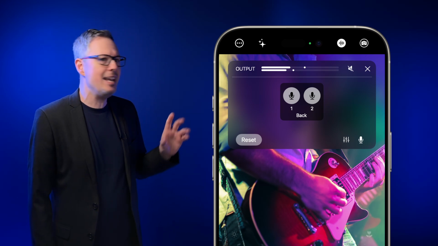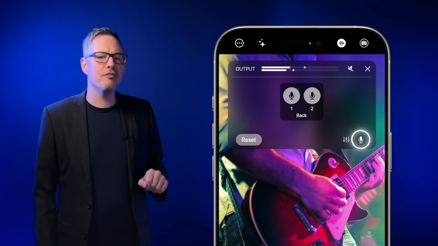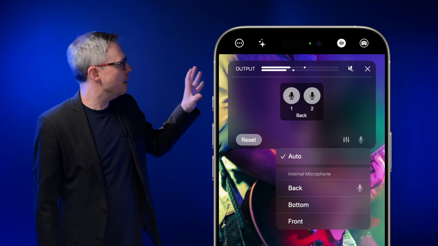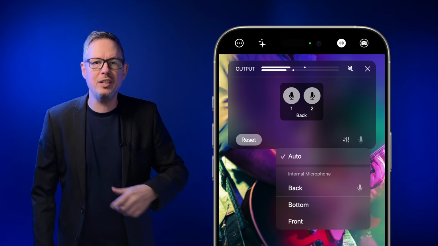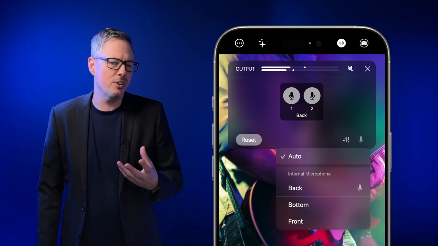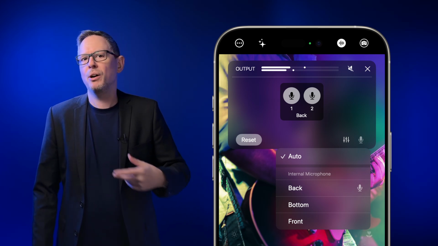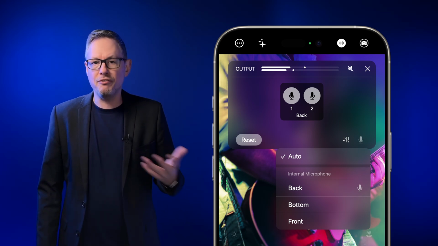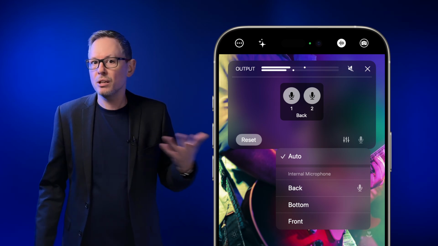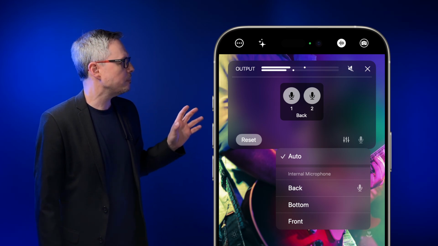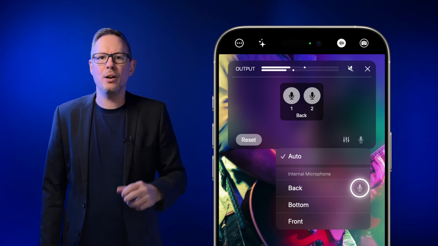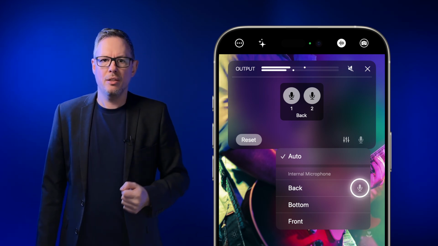Now, the first thing we want to look at is inputs, and we can use this little microphone button here. If we tap that, we can see what input is being selected, and currently we are in auto mode. Now, this means that Mavis Camera is going to do its best job to choose the right microphone for you. So, for example, if I'm using the back-facing camera, it might use the back mic. If I'm using the selfie camera, it might use the front mic. Right now, for example, I'm using a radio mic, so it's chosen to use that one. You can tell that because that's where the little mic is sitting right now. So it says right now it's chosen the back mic.